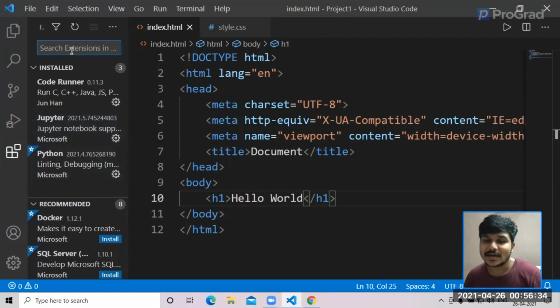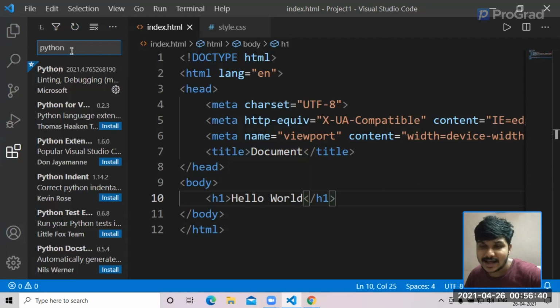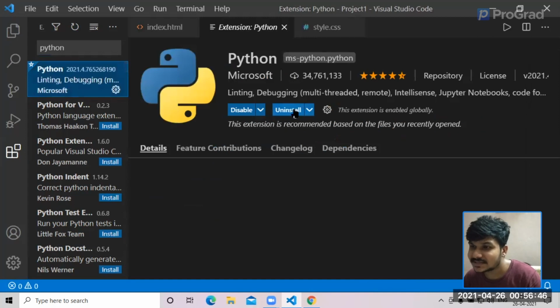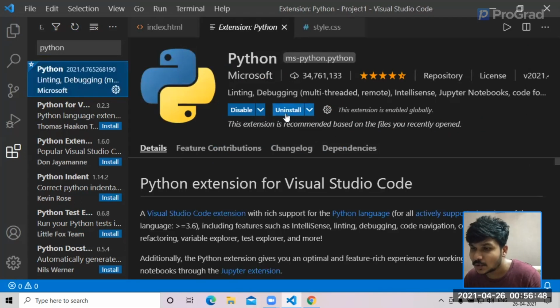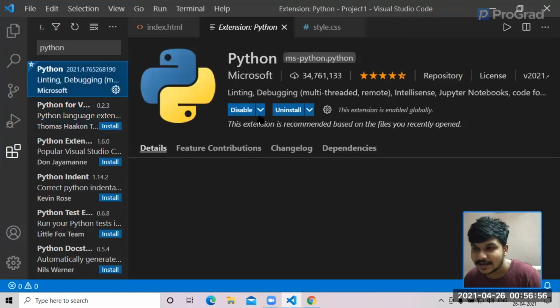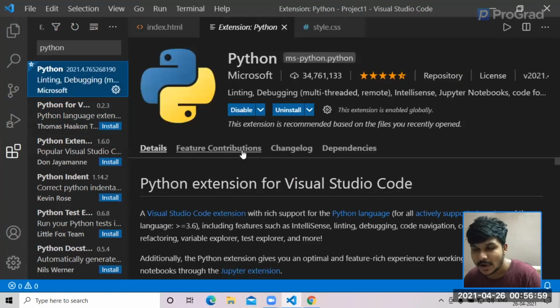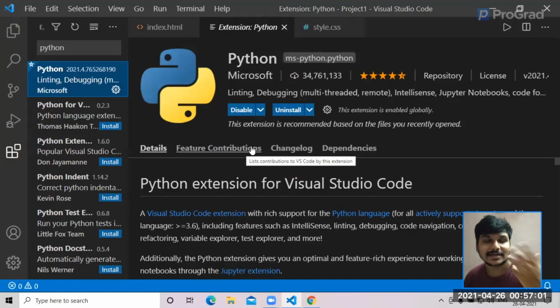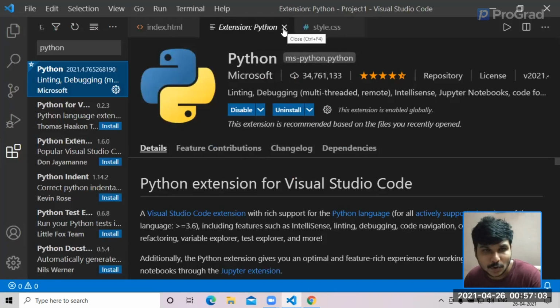I will tell you how to install an extension in VS Code. If you want to install an extension for Python, go and search here for Python. The first thing you would see is the official one called Python. Click that, and since I have installed it, you could see Uninstall here. But if you're new, you would see Install here. If you click that, it will be successfully installed, and you will be able to access Python in your Visual Studio Code and type some code. And we will also be helping you on how to do that.